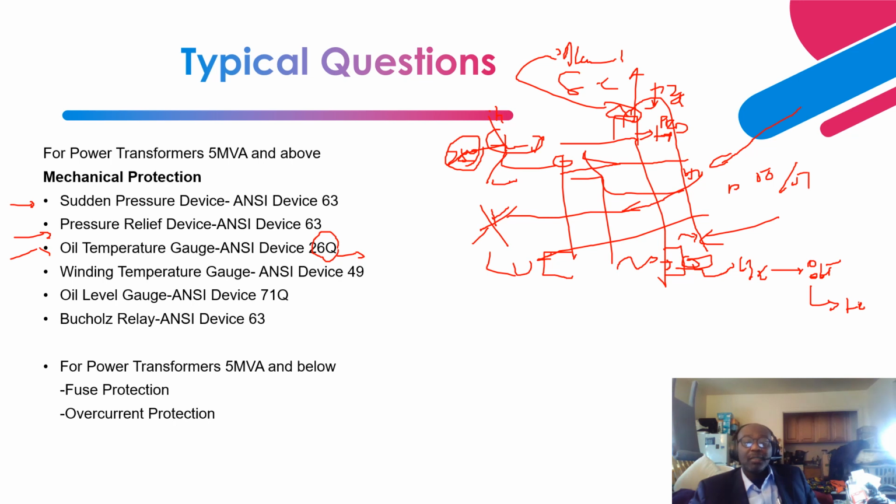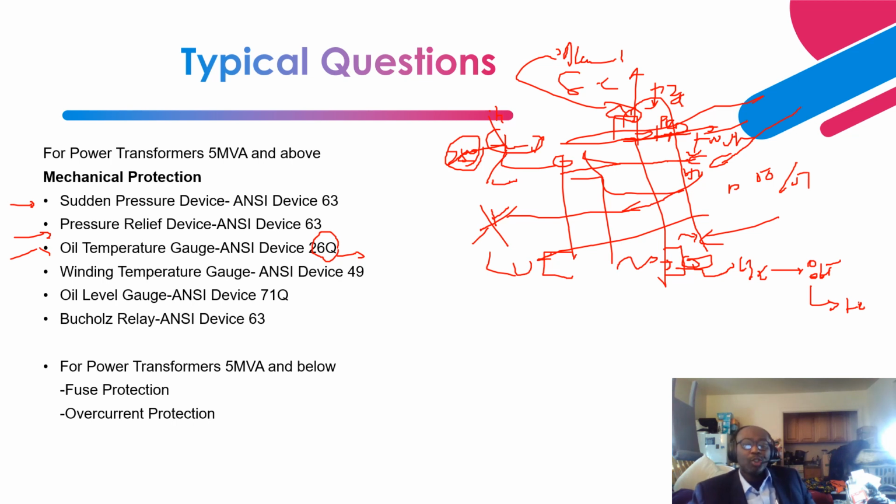Between the oil level, the top oil, and the top metal, the top cover right here, there is a gap. And that gap could be filled with, let's say, a nitrogen blanket, to act as a cushion.